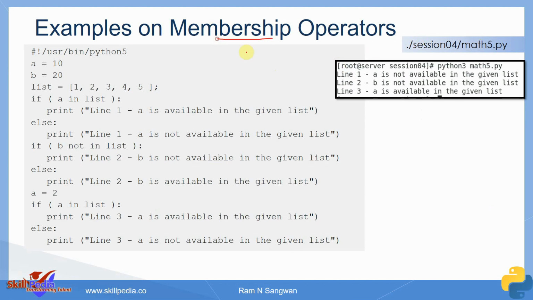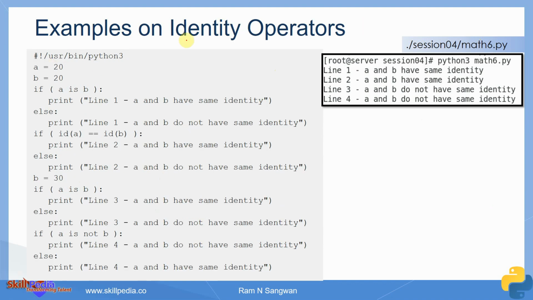This is membership operators. Whether an element is there in the list or not. Not in. We discussed this, in and not in. Then identity. Do they have the same identity? Are they stored at the same memory location? Are they different, or are they actually the same element? So in Python we have the objects concept, and they share memory. If they have the same values, they share the same memory location, and you can identify that. You can check with identity operators.